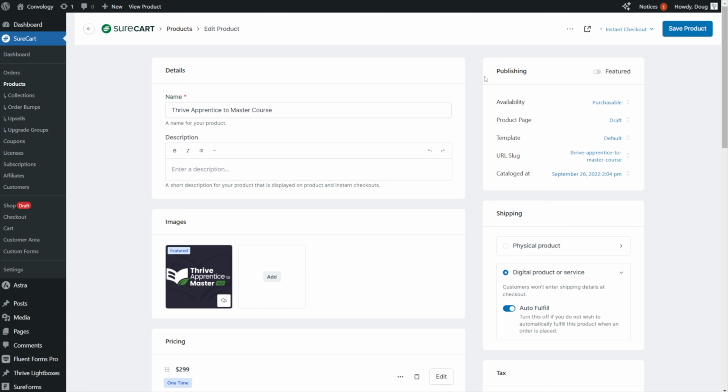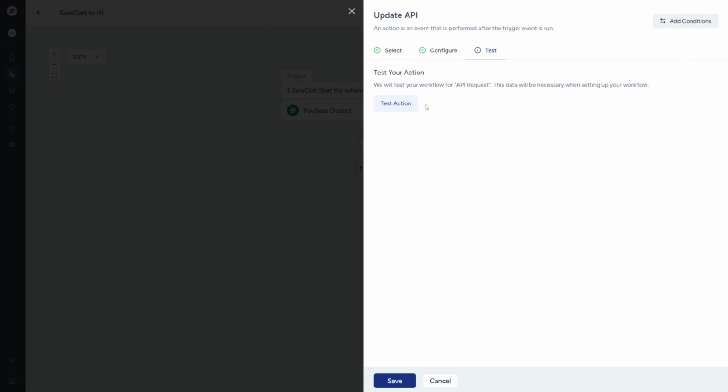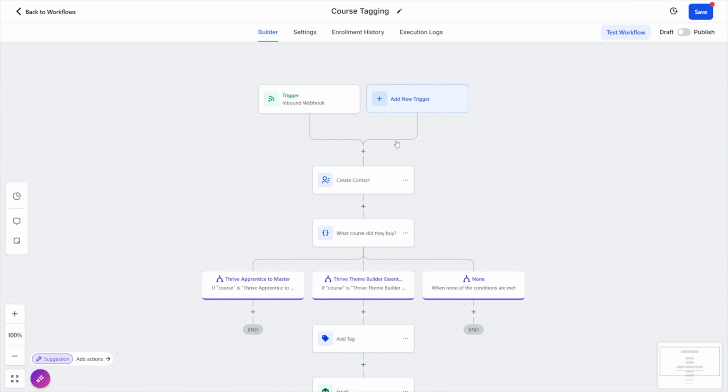That's what we're going to use. We're going to copy that, and that'll be what we utilize here inside of SureTriggers to say, okay, what product did they purchase? It was one of these variables. Okay, so this is pretty generic. It's going to say basically whenever they buy any of these products, what are we going to do? We're going to send over the product ID. So we're going to test our action here. And that's going to shoot our webhook over to HighLevel